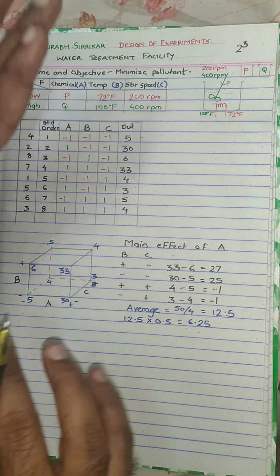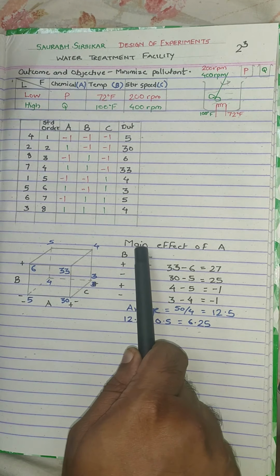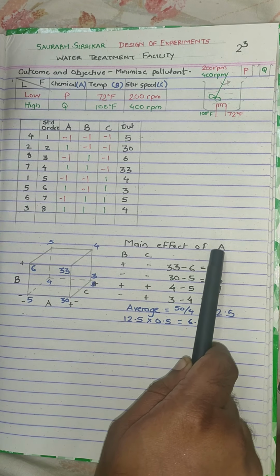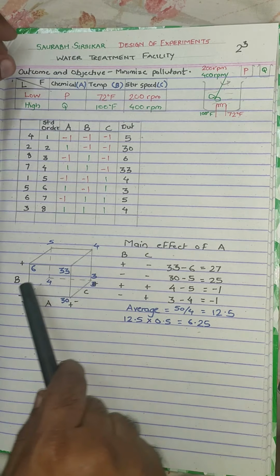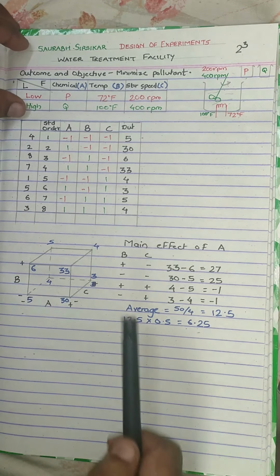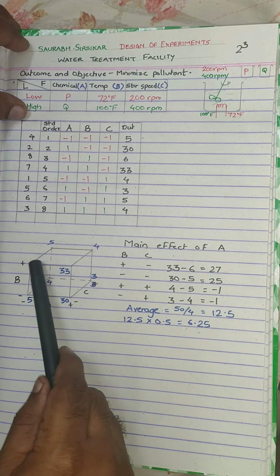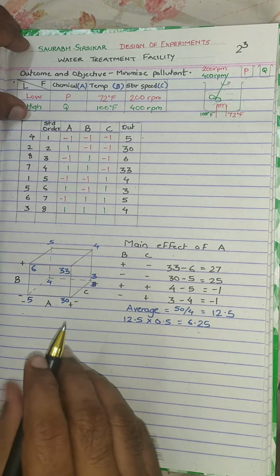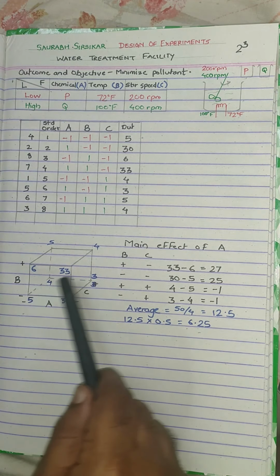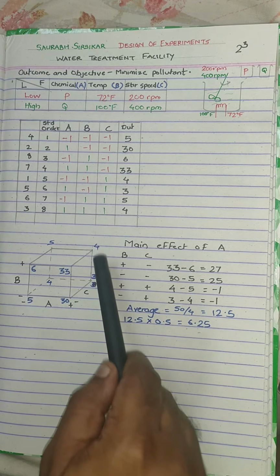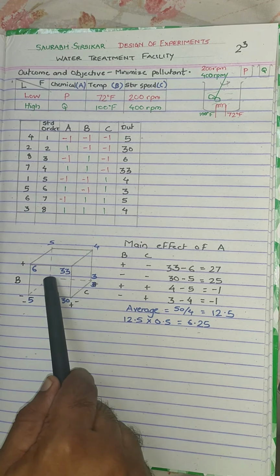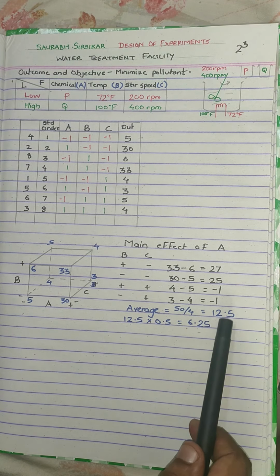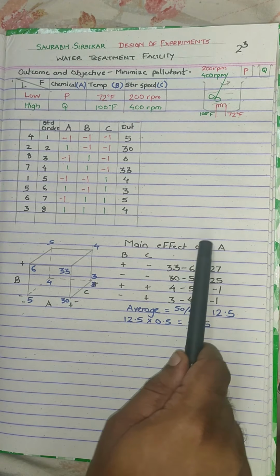Okay, so now I hope you have understood how to get the main effect of any factor. If I am able to find the main effect of A, I will be able to find the main effect of B. How I will do that is I will take the differences of higher levels of B and lower level of B. So what I will do is 6 minus 5, 33 minus 30, 4 minus 3 and 5 minus 4. I will take an average of all these 4 differences and report half of that value. That will be my main effect of B.